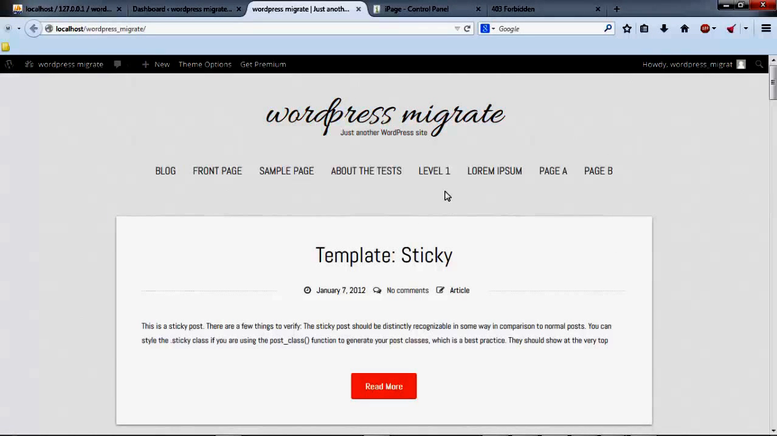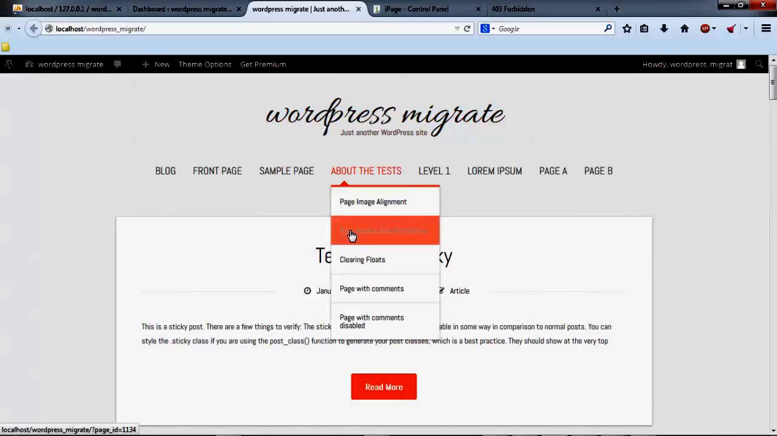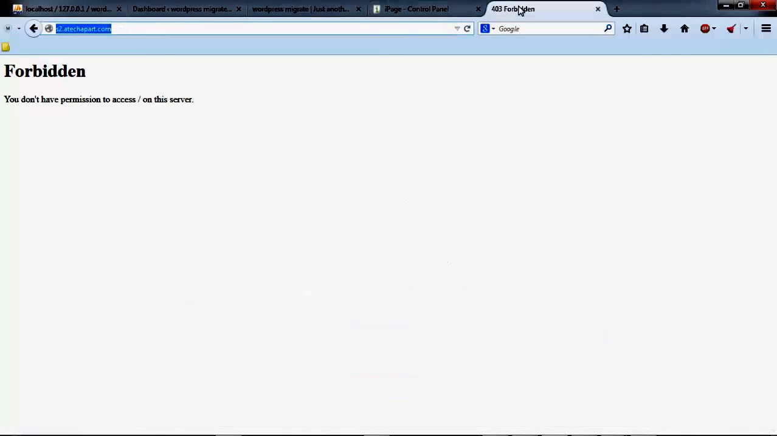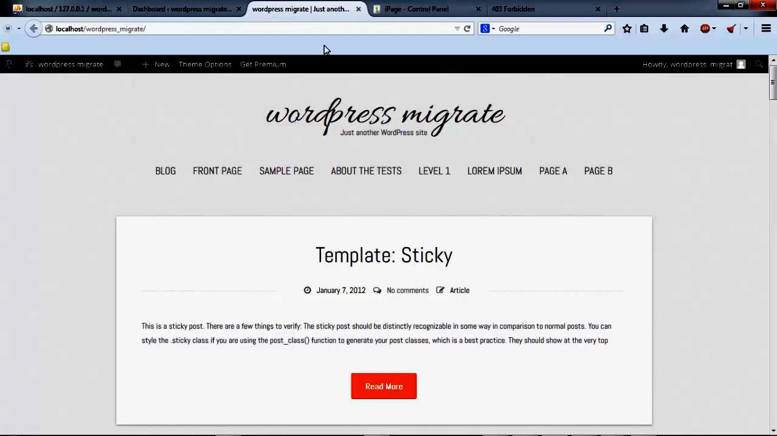So here is my WordPress website. It's installed here on my computer. I've added some dummy content and applied a theme to it. There we have it. And I want to move it from my local machine, localhost here, to the web address s2.atechapart.com. That is a subdomain that I created in my web host so that I can upload my local WordPress installation to,